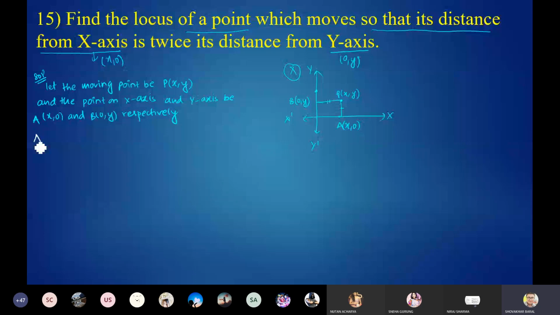So according to the question, now the second step is to write the condition that is given in the question. This one is a very crucial step. The main important step is this one. If you can crack this one, then you can solve the whole question easily. According to the question,